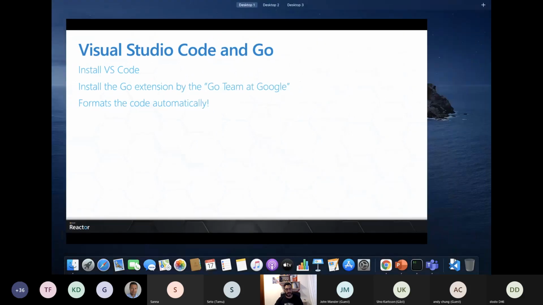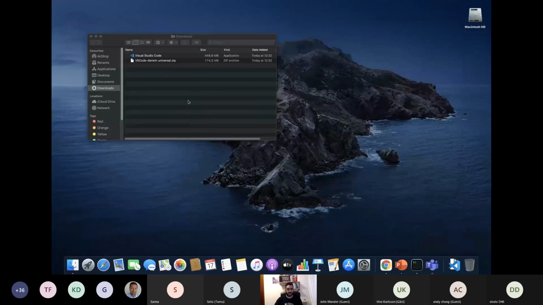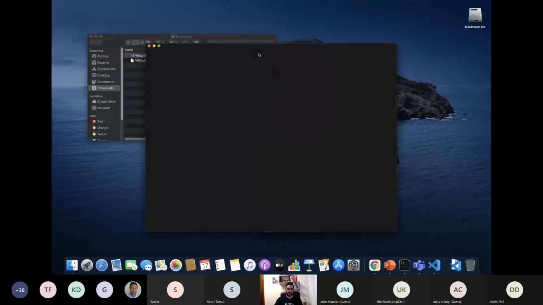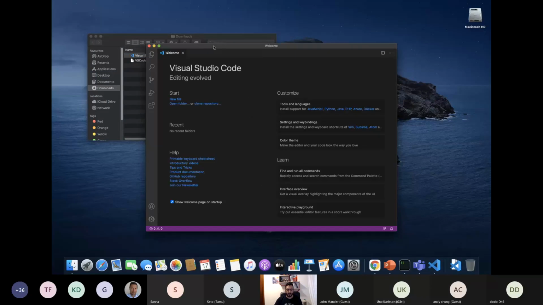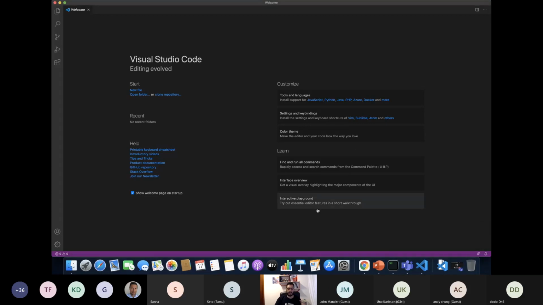So I already have downloaded the VS Code installer here. So I'm gonna run it here. I'm gonna show you the process. You can see that this is something really fresh, right? I downloaded that a few minutes ago. You can see that this is a fresh install. Right, now that you have VS Code here, you can see that it is pretty simple and pretty easy to have this installed and up and running. That's pretty much the reason why I like to use VS Code.